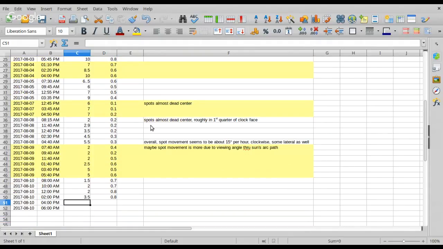Then, the best I could say, it was in the first quarter, like noon to 3 on the clock. And again, it moved clockwise. And then I started to think, maybe this clockwise movement has more to do with my viewing angle than anything else, because as the sun goes across the sky,